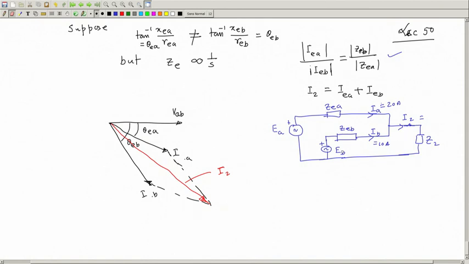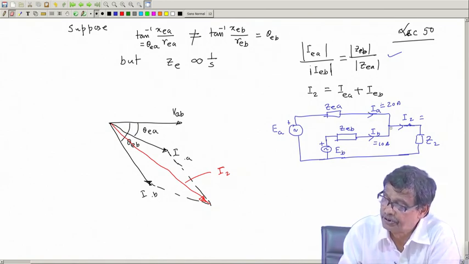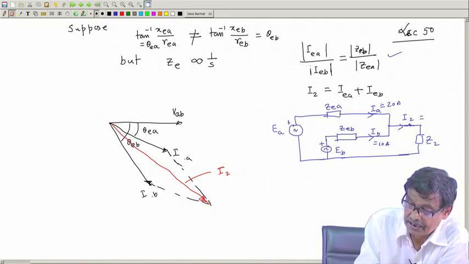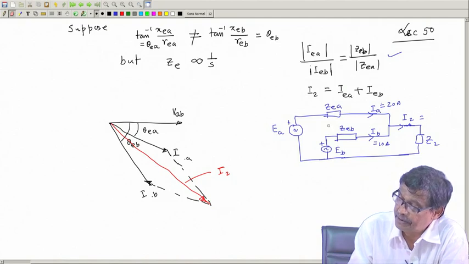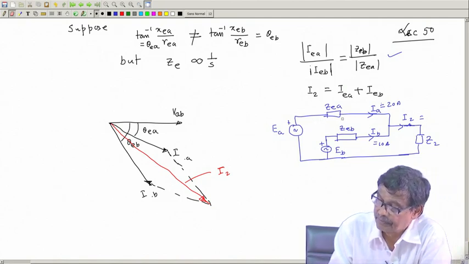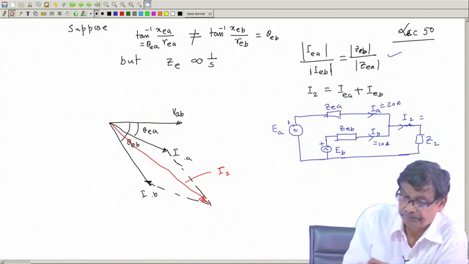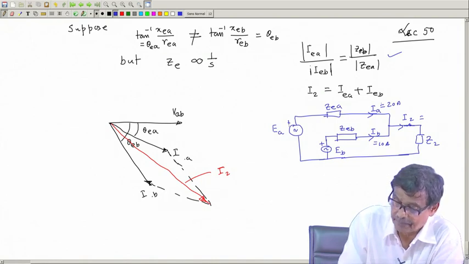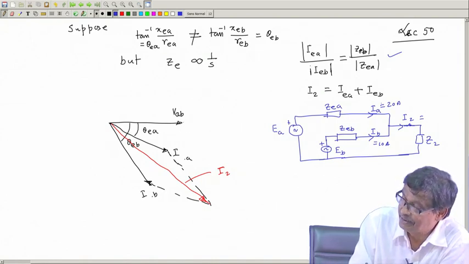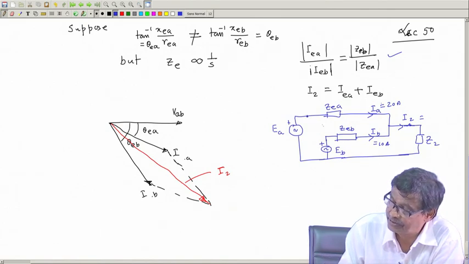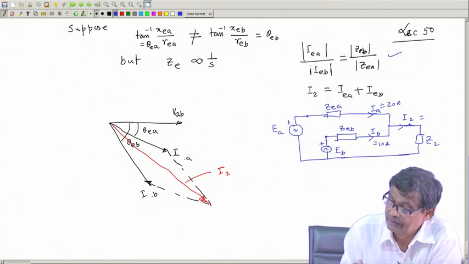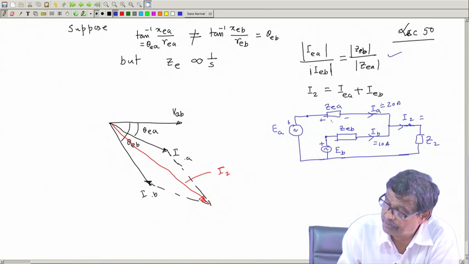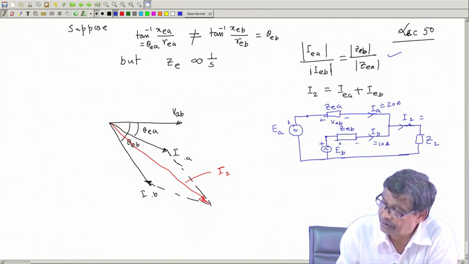For example, so far as this transformer is concerned, it is contributing IA at this much angle with respect to this VAB, which is the voltage here. If you add, I want to get what EA is; EB are the same. These two points are at the same potential, we have seen. So, the potential of this point will be this voltage, which I have assumed to be VAB, and this is also VAB.